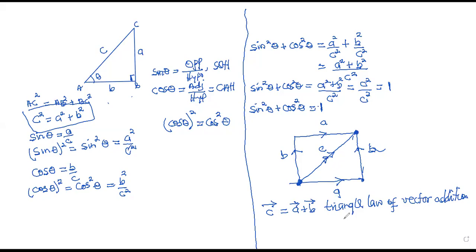So the triangle law of vector addition states that when two vectors are represented as two sides of the triangle, with the order of magnitude and direction, then the third side of the triangle